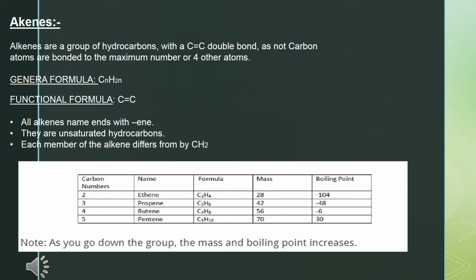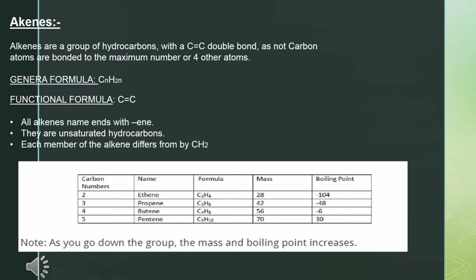This is termed the homologous series as well, and if you have not gone through the homologous series, go to the previous lecture and watch it. You will definitely get clear about your concepts of homologous series. There is a note I have given you that as we move down, the mass and the boiling point increase. As the mass increases, it means its weight is also increasing, and the boiling point is also increasing.